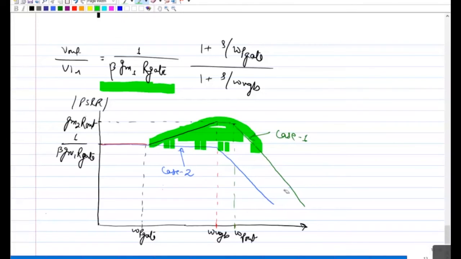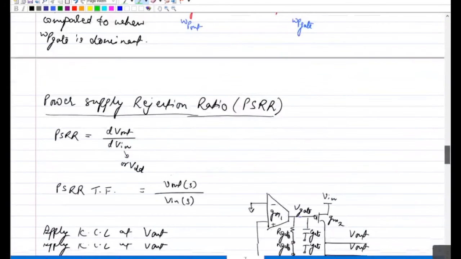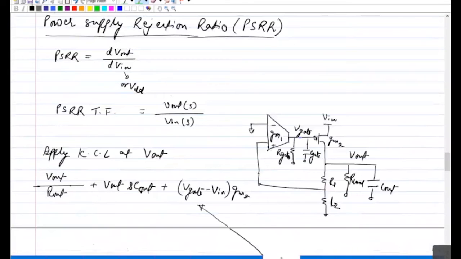Okay, so there are certain techniques to improve the PSRR if you make your gate pole dominant. One way is that, okay, what is happening here actually? It's actually the GM path which is degrading your PSRR. So somehow if I get rid of this GM, when I say GM it is the GM2 path actually. The GM2 portion of the current, if I get rid of that, your PSRR will automatically improve, because in that case you won't get any amplification from your VDD or VIN.